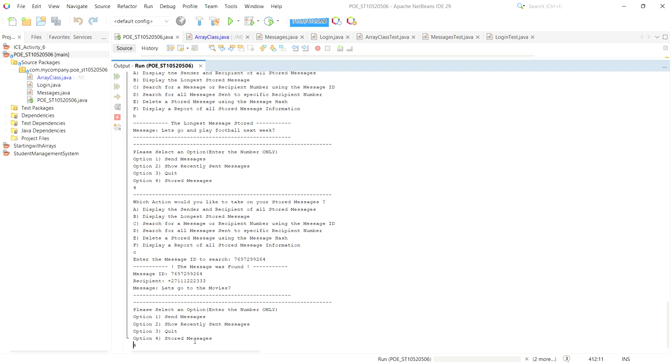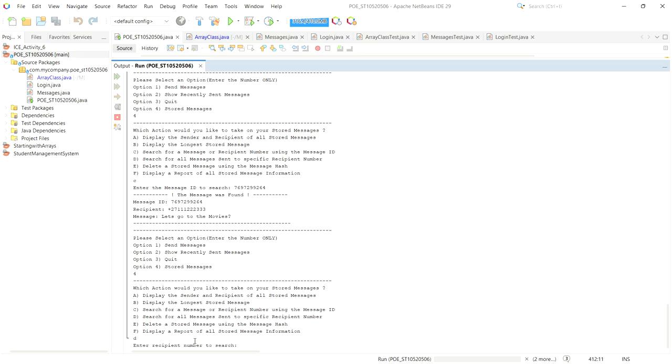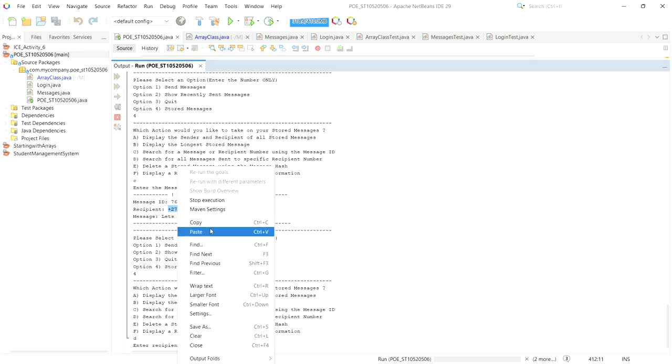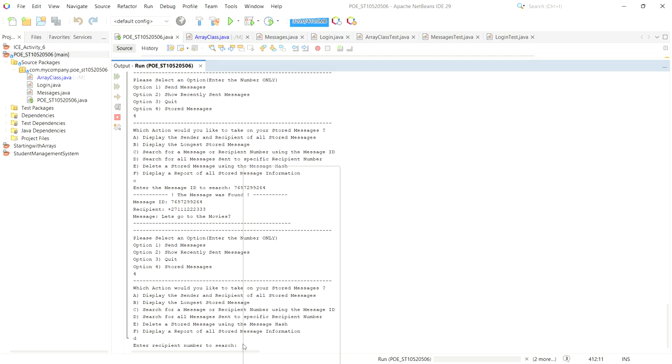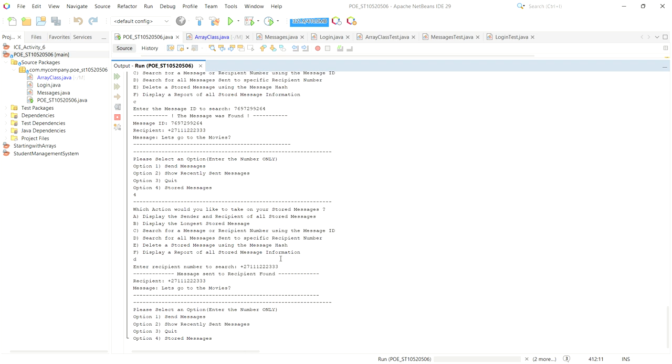Okay, let us move on to the next option, which is option D, which is search for all messages sent to a specific recipient number. Okay, we're gonna press enter. Then we're gonna type in the number. Let's type in this number because obviously we only typed this message now to the JSON folder, so this should be the only message that comes up. So let us paste this number here, enter, and obviously you can see message sent to recipient found, the only message that we sent to this number